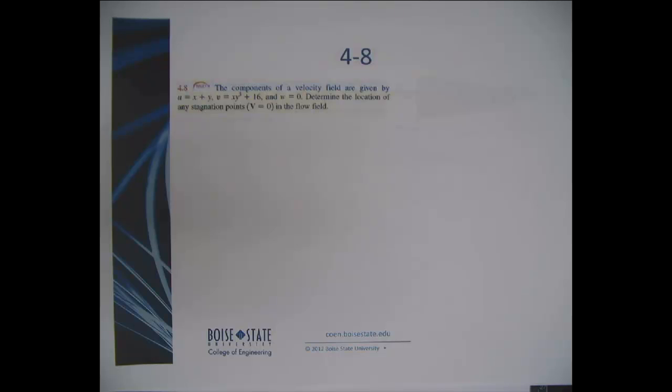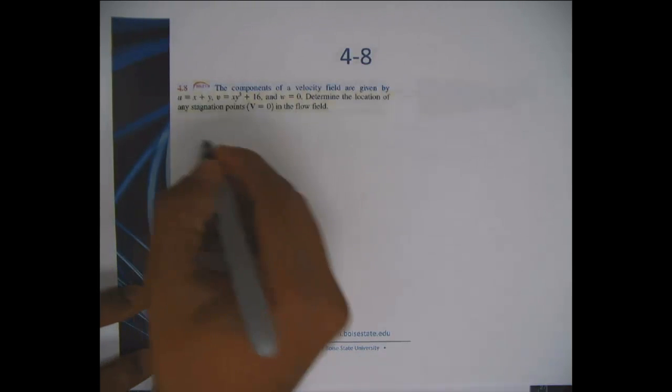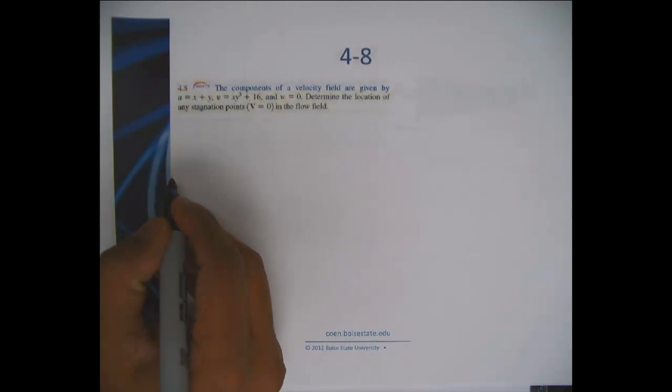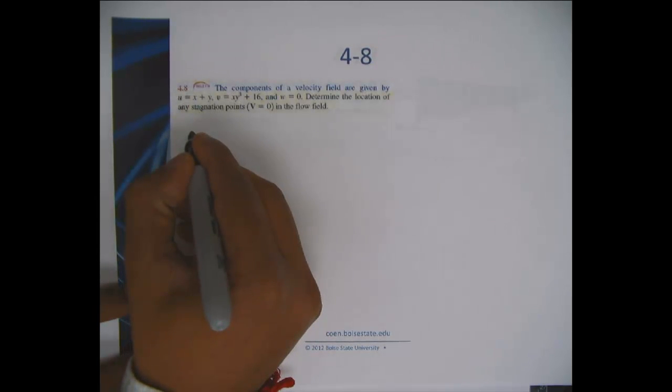You're given the components of a velocity field: u equals x plus y, v equals x cubed plus x times y cubed plus 16, and w equals 0. We're asked to determine the location of any stagnation points, that is when the velocity is 0 in the flow field. So we know that we can compute the magnitude of the velocity, and you see that you're given three components. So the magnitude of the velocity